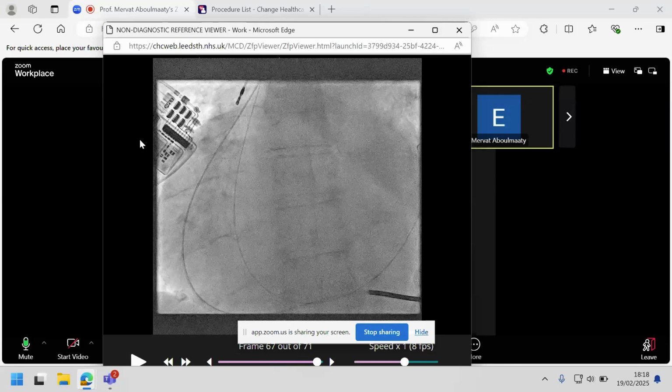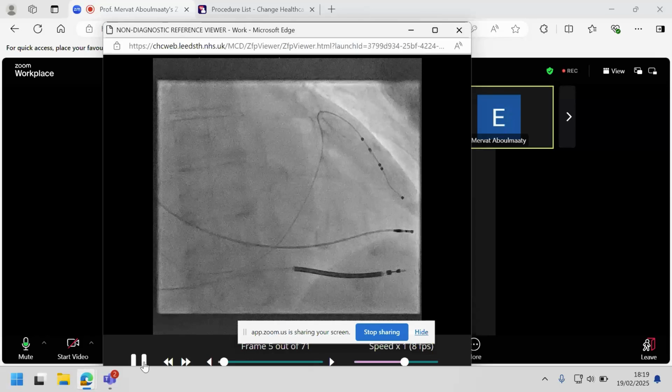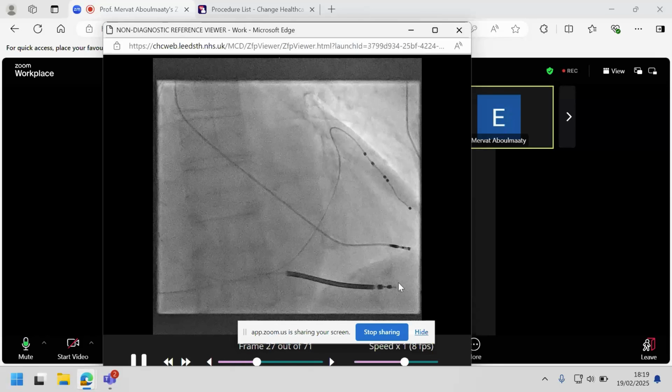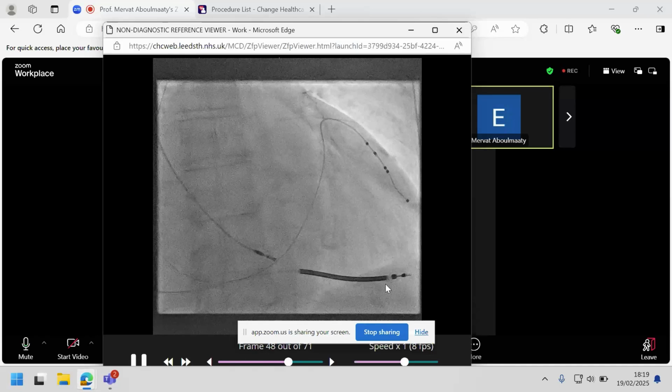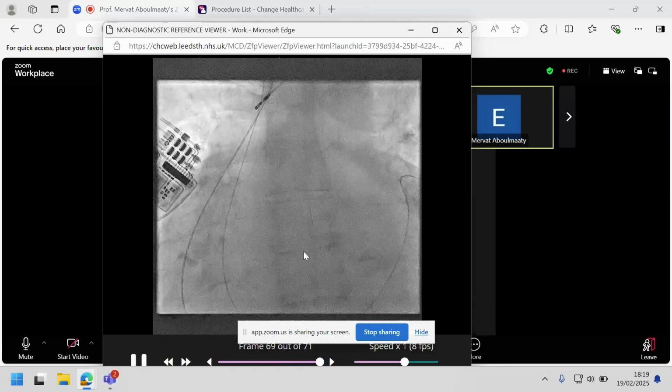And if you look at the vector here between the ICD can and the RV lead, I think you've got a reasonable amount of myocardial capture here. I didn't DFT this patient because it was a very, very difficult procedure. None of the standard guides actually reached the CS, and getting into the RV was challenging because you wanted to ideally get an apical position so that you could at least ensure there was decent capture, especially in a chap who was in complete heart